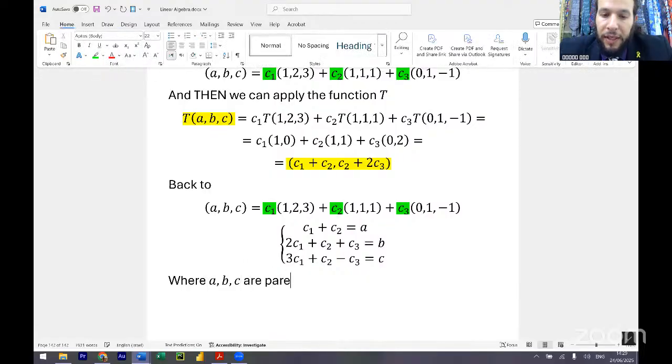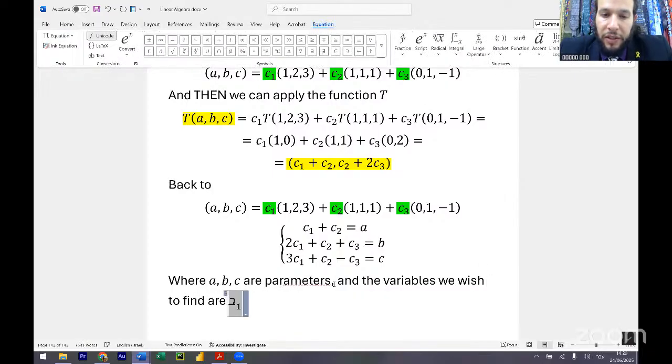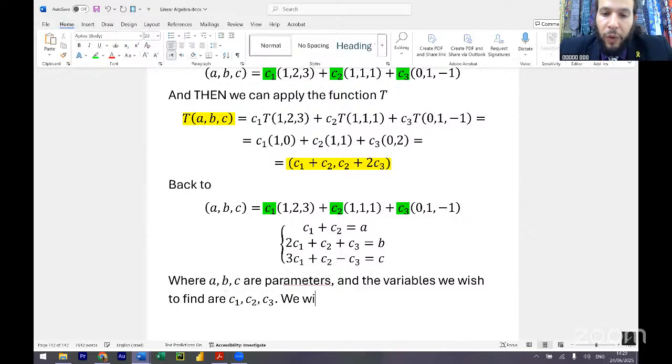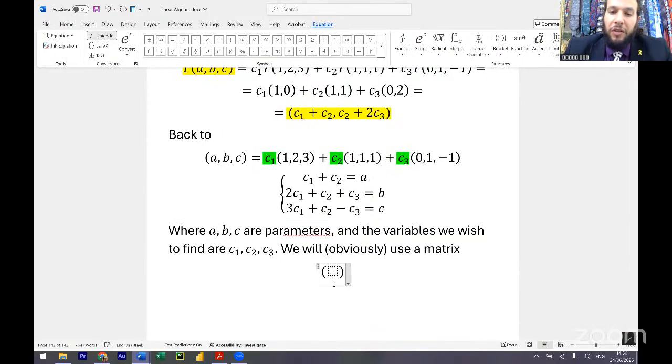are parameters, and the variables we wish to find are C1, C2, C3, and we will obviously use a matrix to solve this system of equations. So sorry,